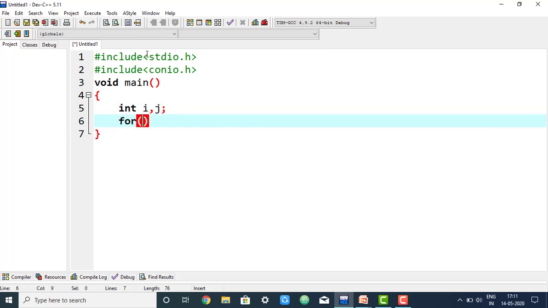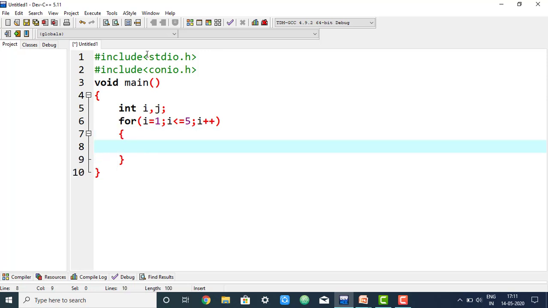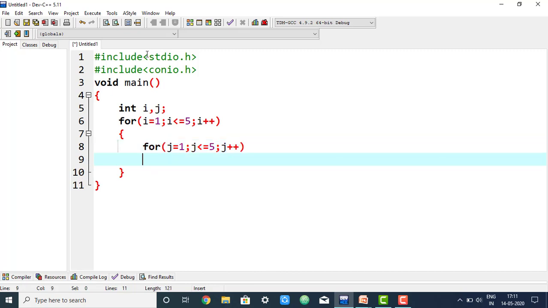First loop will start from 1, I less than or equal to 5, I plus plus, that is, here we are incrementing the value of I. So here is the second loop. Second loop also starts from j is equal to 1 and j less than or equal to 5 and j plus plus.